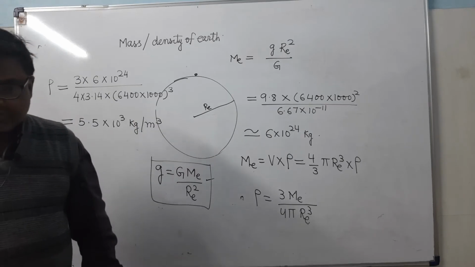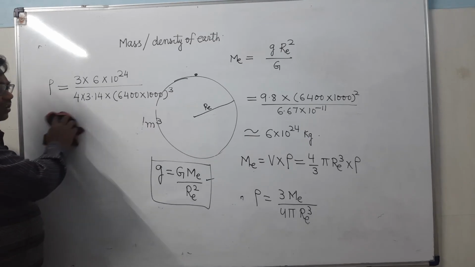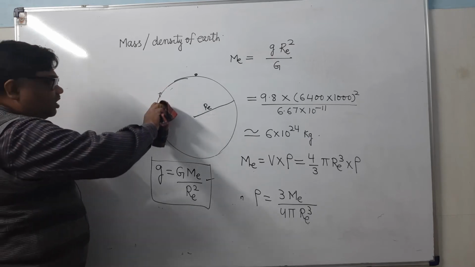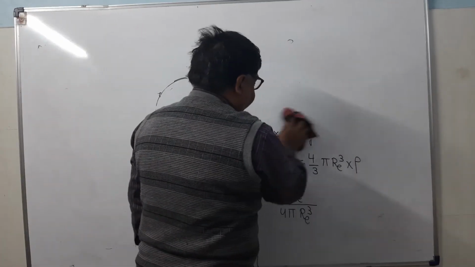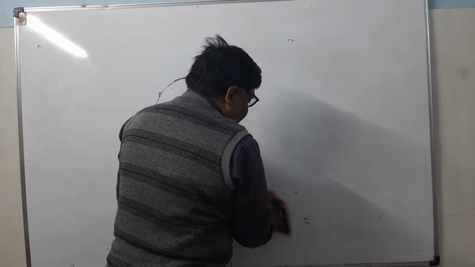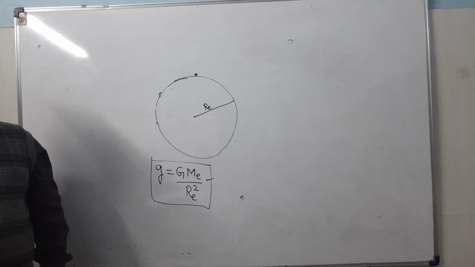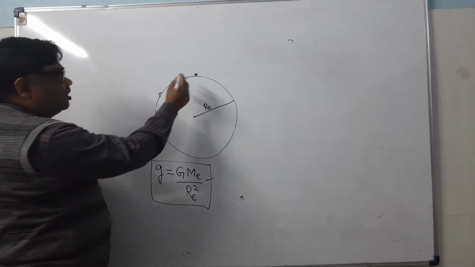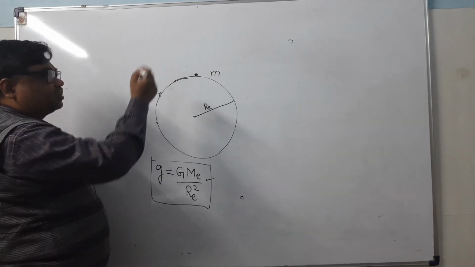Now after this we will see the variation in the acceleration due to gravity, whether the Earth's gravitational field is a uniform field or not. Uniform field means if it is exerting same force on the body irrespective of its height from the Earth's surface, then we can say that the Earth is having a uniform gravitational field. Earth will have the uniform gravitational field if it exerts same force on a body of mass m at every point on its gravitational field.